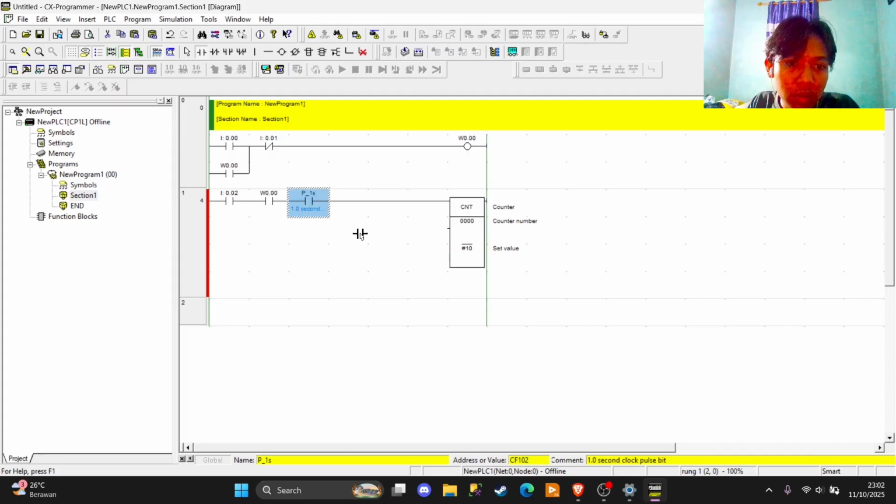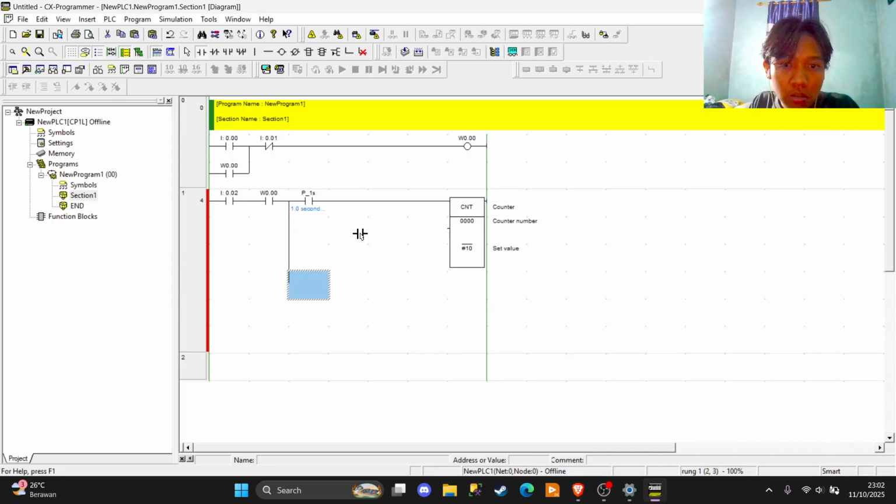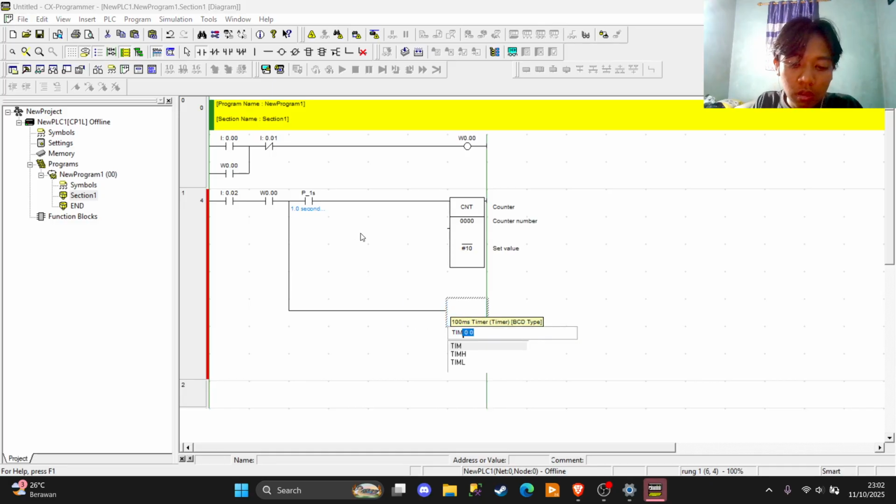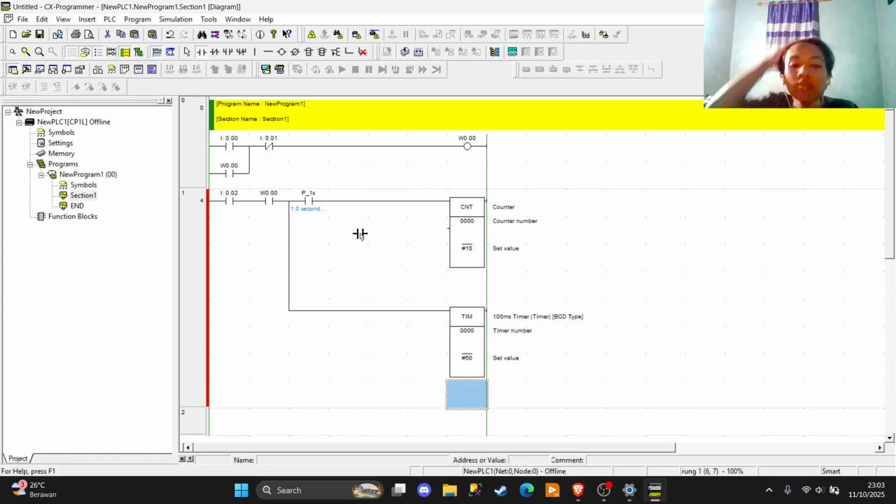We should put a timer in here, and then we put the timer in here. The timer has address 000, and then the value is 50. Its meaning is like 50 times 100 milliseconds. So that means 5 seconds.